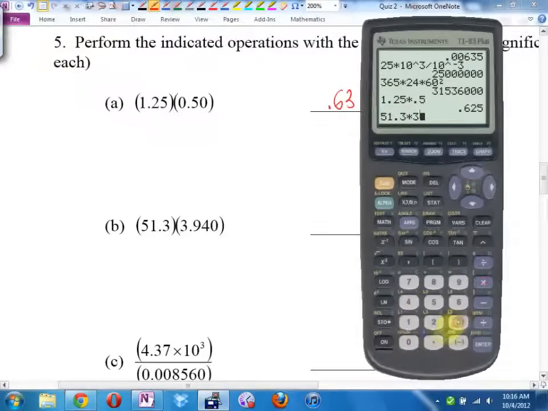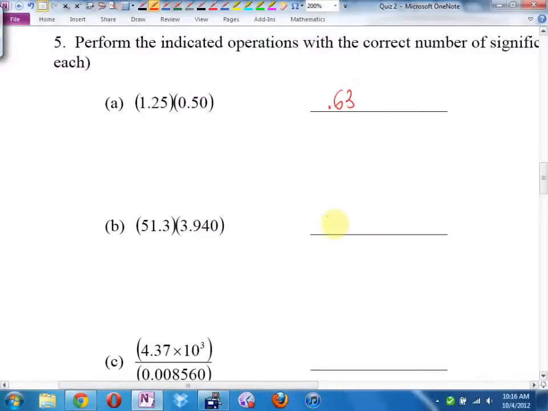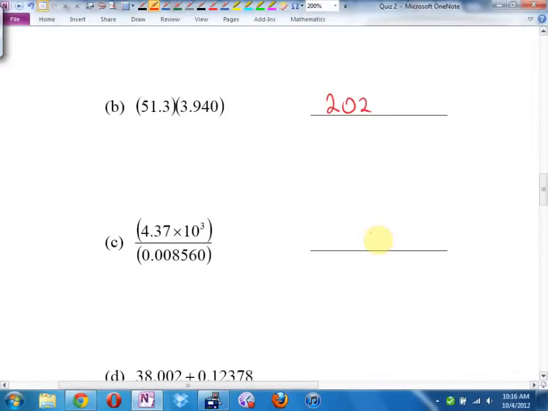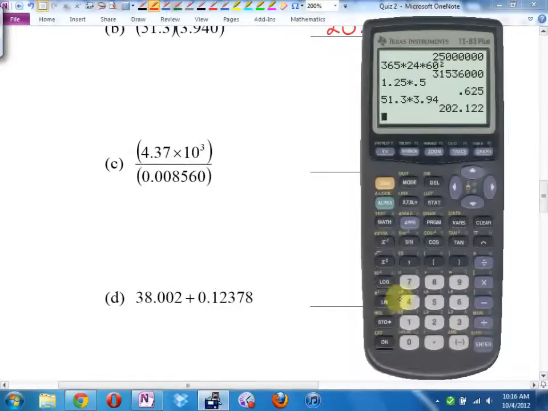51.3 times 3.94. 200, let's see. 3 sig figs, 4 sig figs, 3 sig figs. 200, and 2. 4.37 times 10 to the third